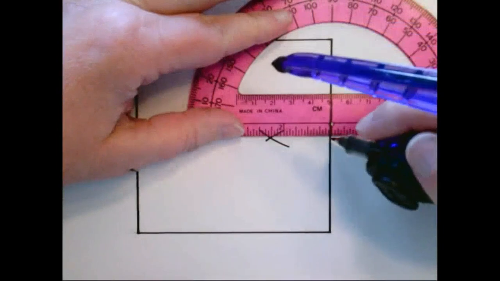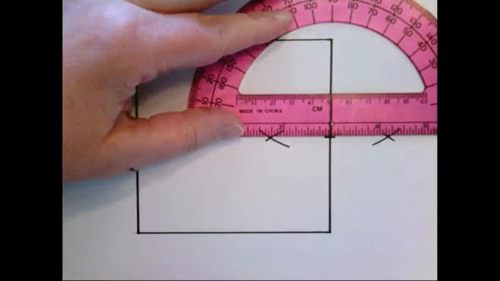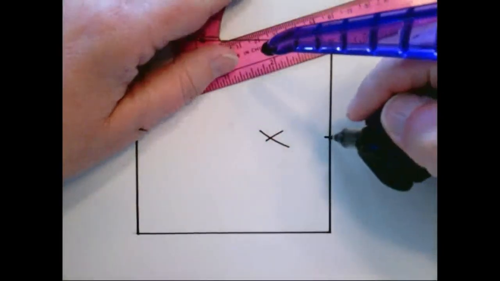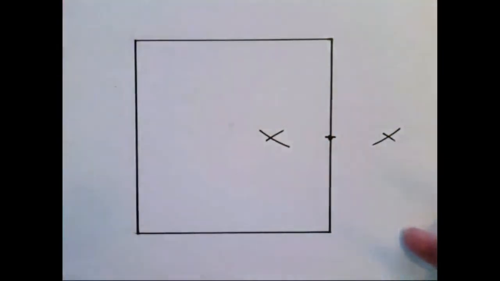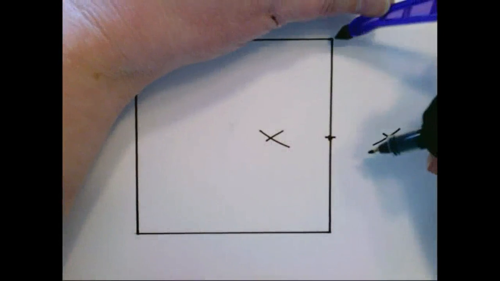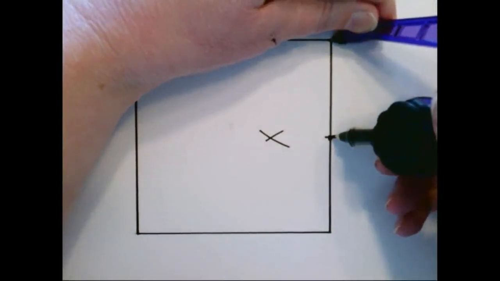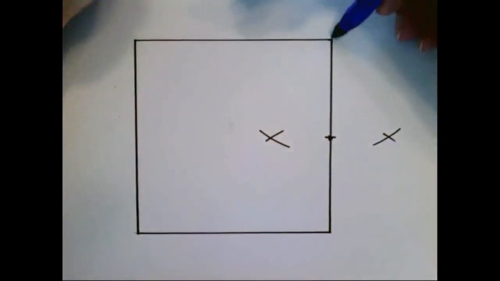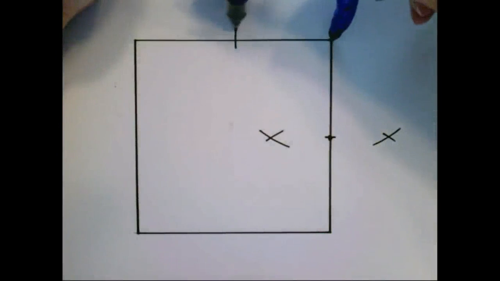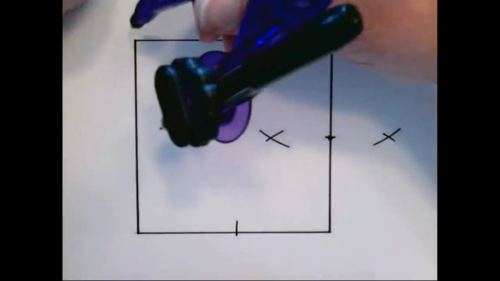So instead of, once again, cluttering up the whole picture so that you can't really see what's going on, I'm just going to do this. I'm still connecting up these 2 intersections, but this point right here is the midpoint of this line segment. So I've got a distance I can use. I can say that this distance from here to here is half the length of this line segment. So I can copy that distance to all the other line segments by going from the vertices, which remember are points, and making arcs